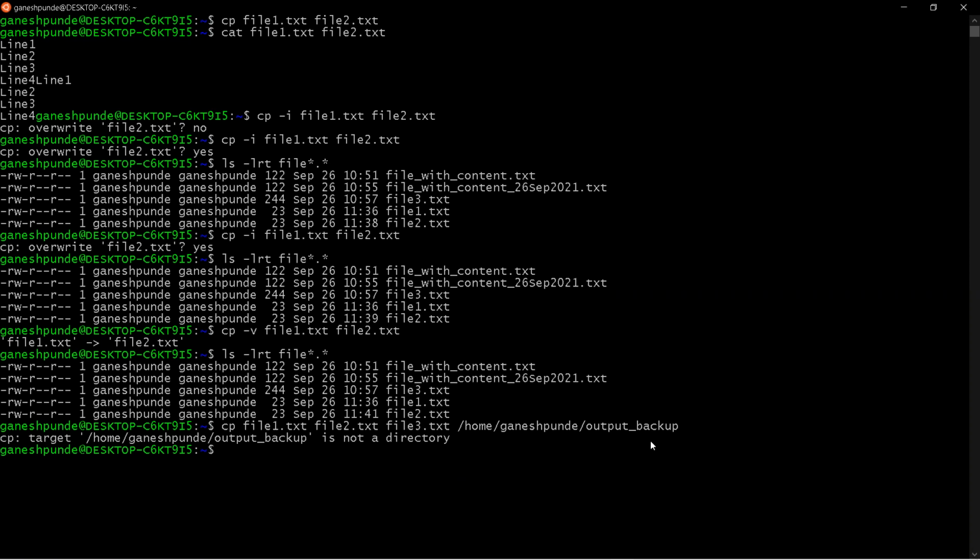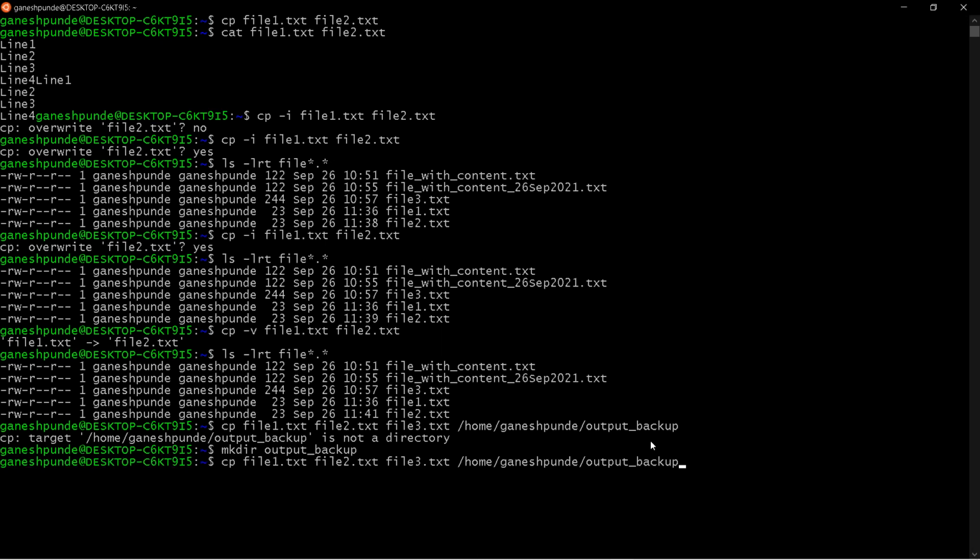Okay, so in this case, what is actually happening? This output backup is not created already. So first of all, wherever you want to copy the files, that directory should be present. So what should we do? Mkdir output_backup, right? So this directory is created now.